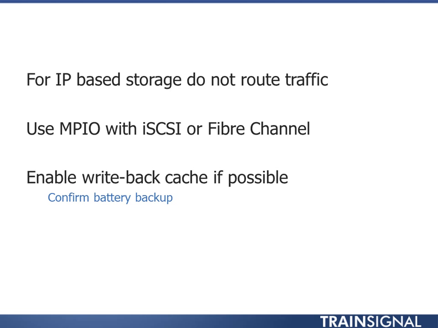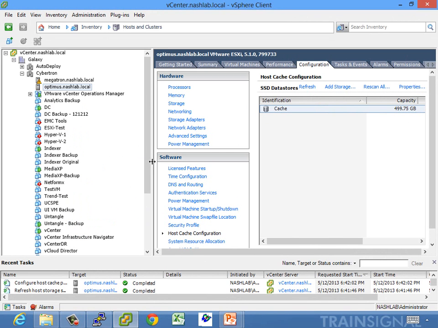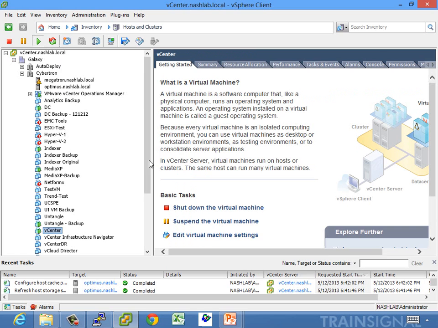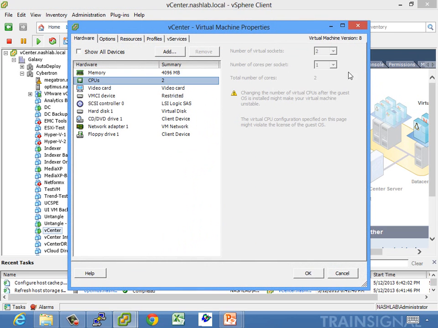And let's see, I think that's about it. Oh, I know what I want to tell you before I get there. Real quick, one other thing I want to show you. We talked about NUMA access. We talked about not giving a VM more memory than is assigned to a NUMA node, basically a CPU in your system. And one thing that I do want to show you is as you assign CPUs,